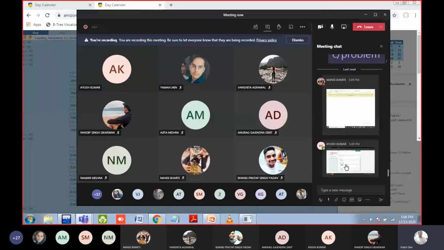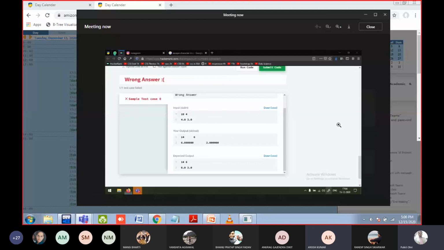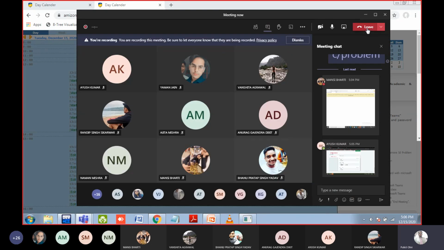So installed the system already. Okay. Ayush, there is some error, na? You have to pass all the test cases. A green symbol, a right tick, will appear. You have to do it. Else I can tell you in the next class. Okay. And this is not the only question you should try.